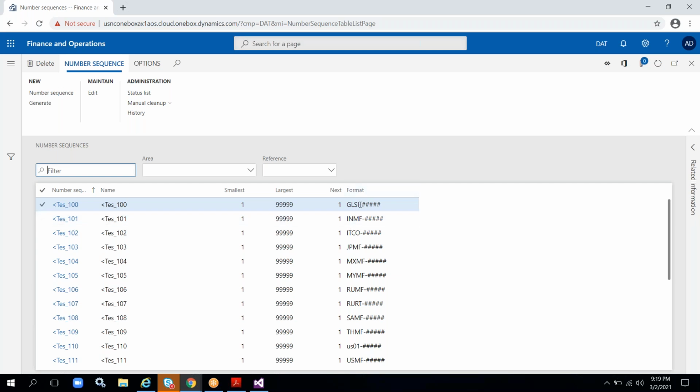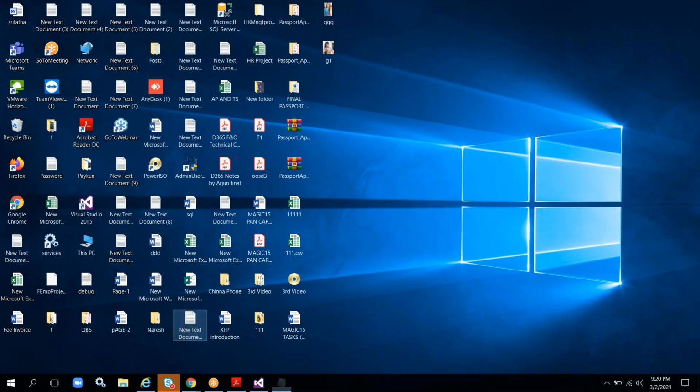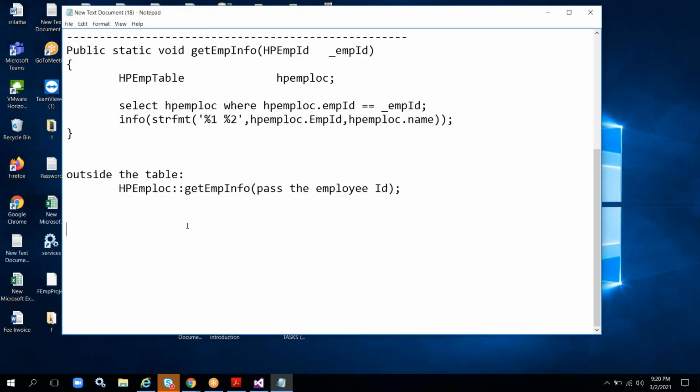And the format would be alphabets and numbers. We are seeing hashes, right? The hash symbol represents the numbers. So the number will be like GLSI hyphen 00001. For example, we would like to generate our format something like E